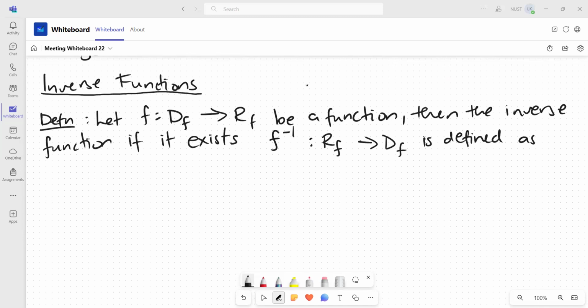And this is defined as f inverse of y. So here it's of y because in the range we have our y values. X is the input, y is the output, is equal to x. Okay, so we have the output, and then we find out what is the input. And this is if and only if f of x is equal